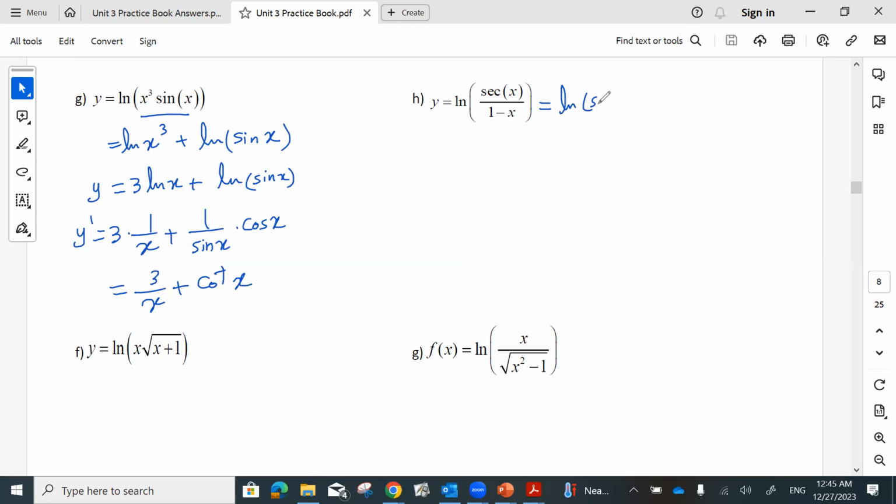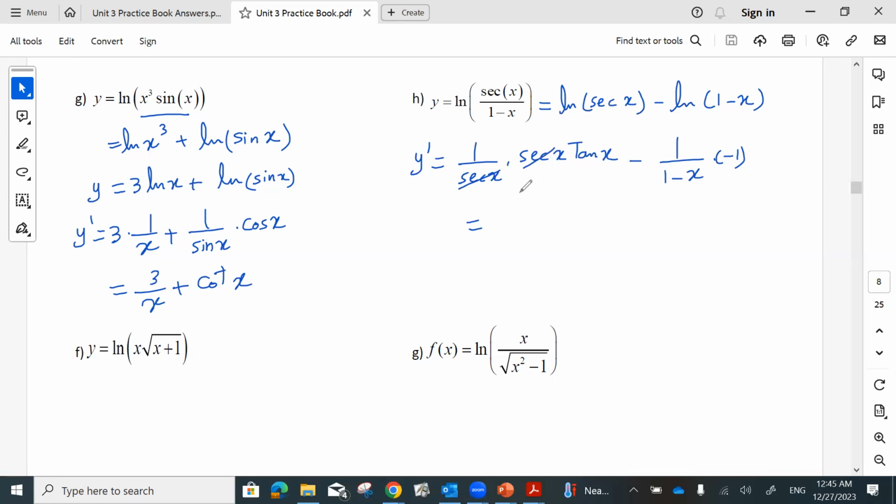Ln of a division, first simplify the expression using the ln rule or logarithm rule. Ln numerator, secant x, minus ln denominator, 1 minus x. Okay, now start deriving. Ln secant x, 1 over secant x, times the derivative of secant, which is sec x tan x. Okay, minus 1 over 1 minus x times the derivative of 1 minus x, which is negative 1. So secant x is cancelled. I have tan x, minus and minus is plus 1 over 1 minus x. Okay,